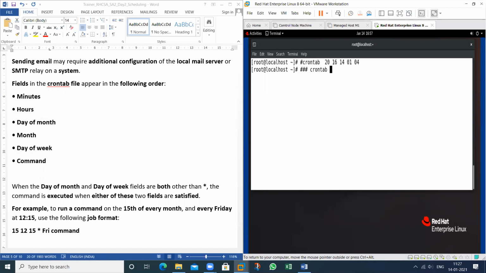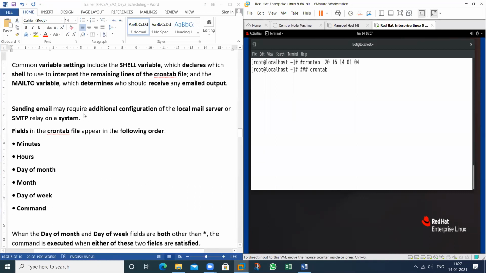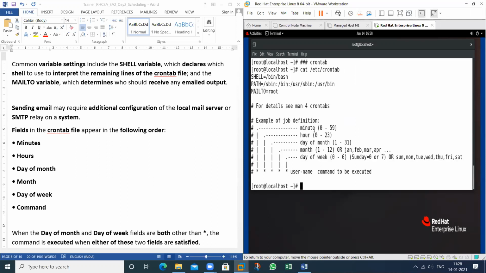And you should apply the specific time, and for this we should know about these fields. You should know which particular minute. Minute indicates from 0 to 59. Hour indicates from 0 to 23.